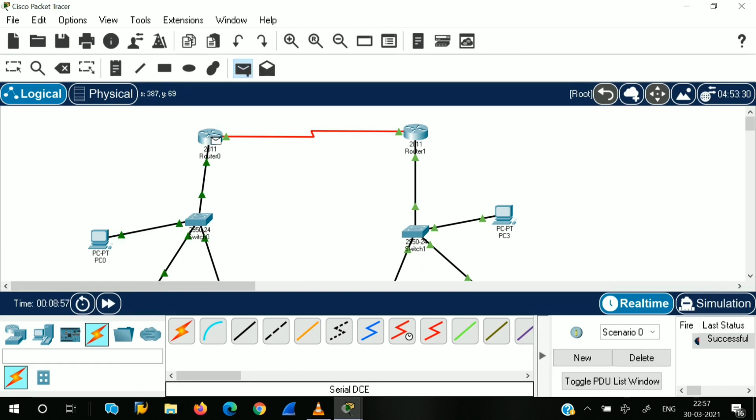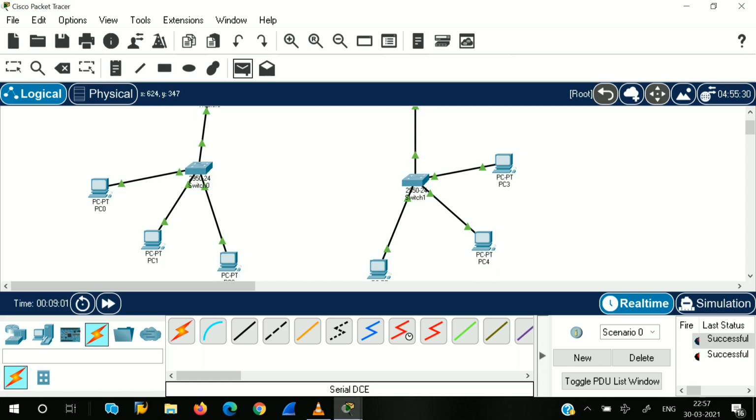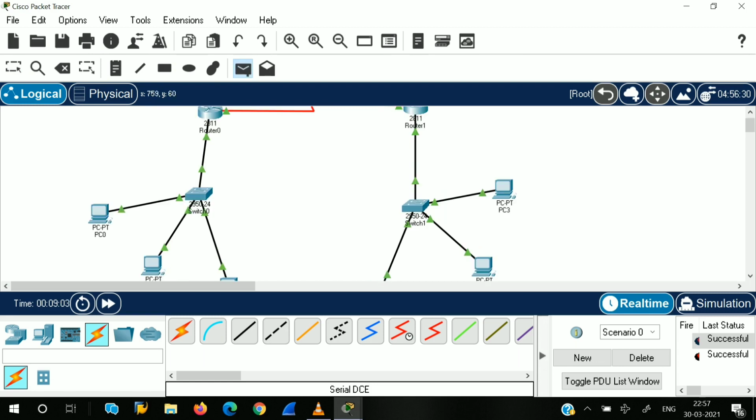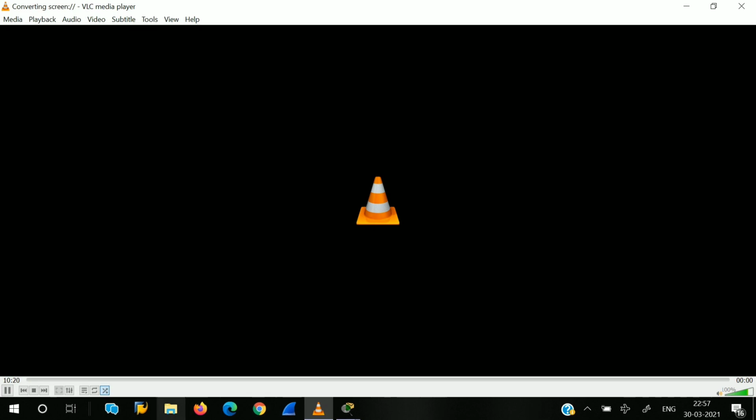Now to check the connections, we'll use a message and we'll be transferring from one local network to the other local network and within the same local network. First within the same local network, let us share from PC to PC and see at the right below corner we see